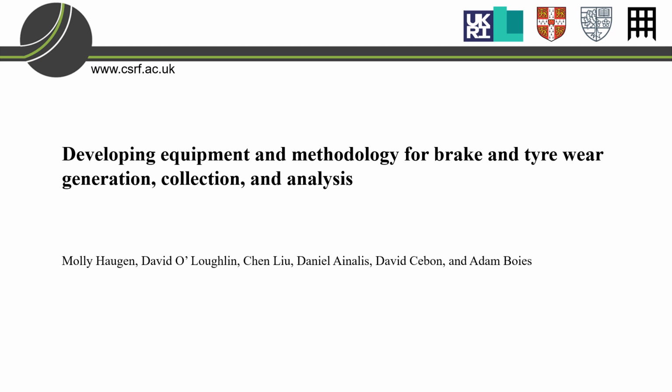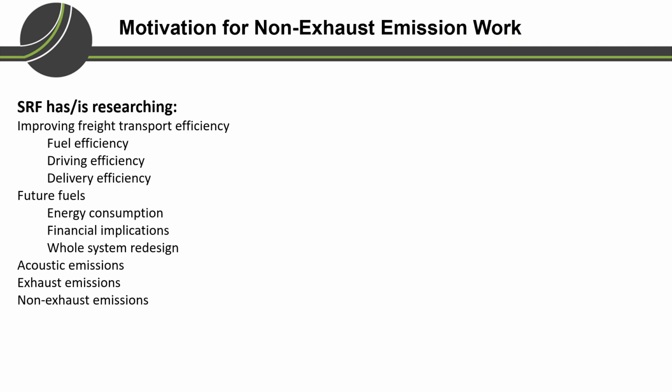Today I'm going to be talking about developing equipment and methodology for brake and tire wear generation, collection, and analysis. This work has been ongoing in the SRF community, and I'm excited to share some initial results. The motivation for this non-exhaust emission work has stemmed from the variety of projects that the SRF has been and